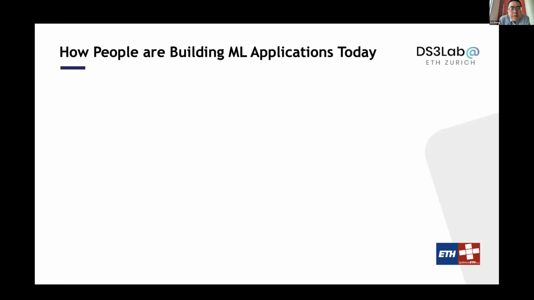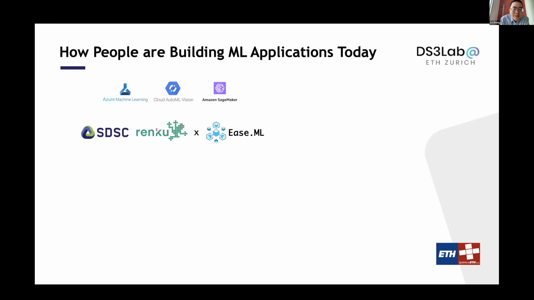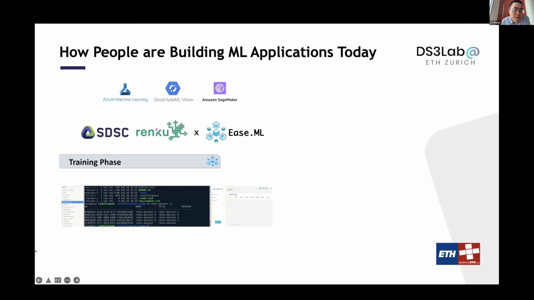So before I talk about this, how are people building machine learning applications today? If you want to get one machine learning model out of some system, it's actually very easy to do today. Now you can take your favorite cloud storage providers, they all give you something called AutoML, right? So in Switzerland, we have the National Data Science Center who built a very interesting system actually called Rinko. And we actually started to integrate some of our things into their system. So it's actually very easy to train a model today, right?